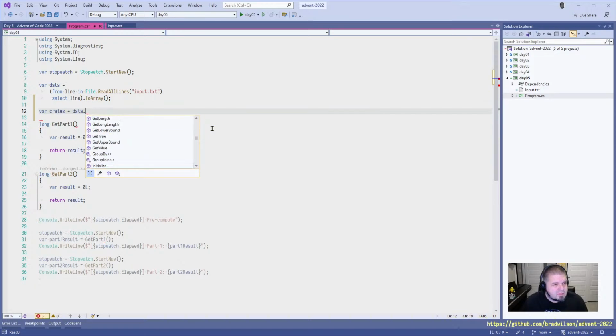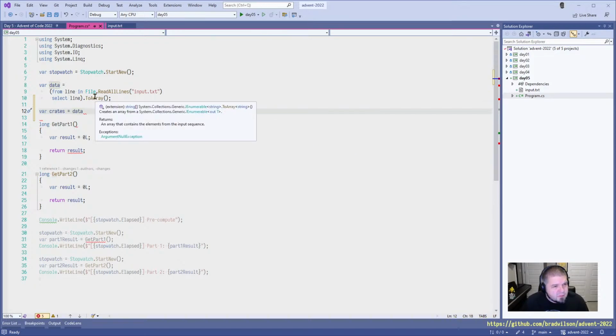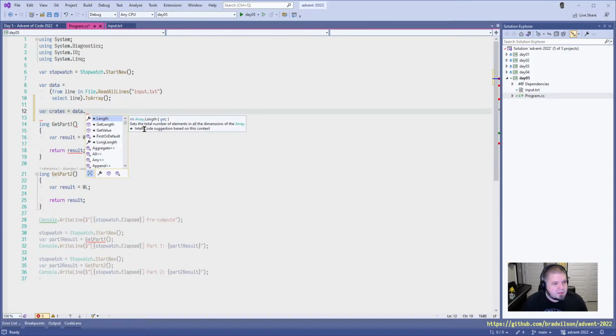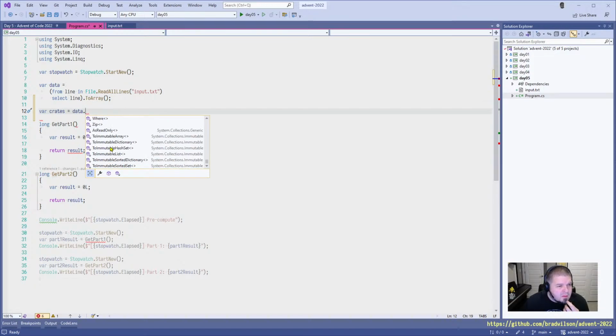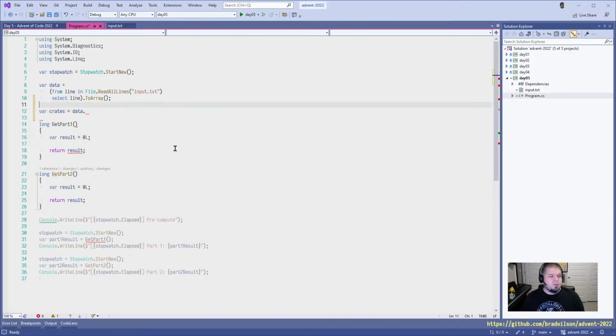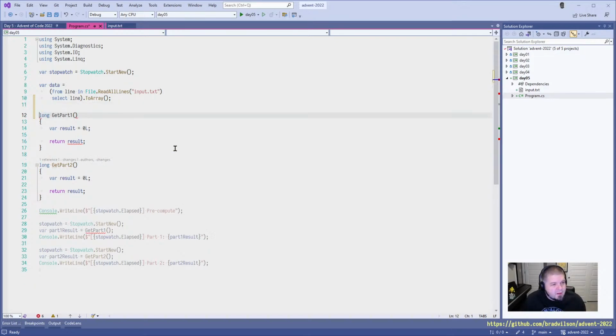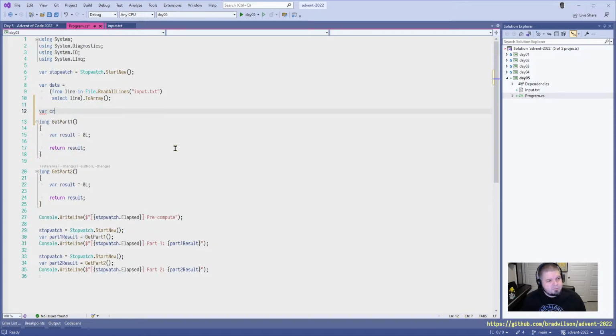Index of. You can't really do index of on an array, really? That's an array of strings, right? Data. Yeah, there isn't really a simple LINQ way to find that, is there? All right, well, so